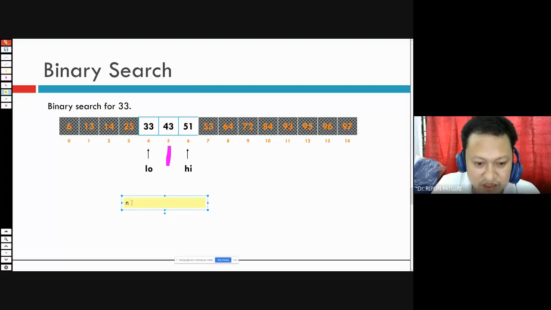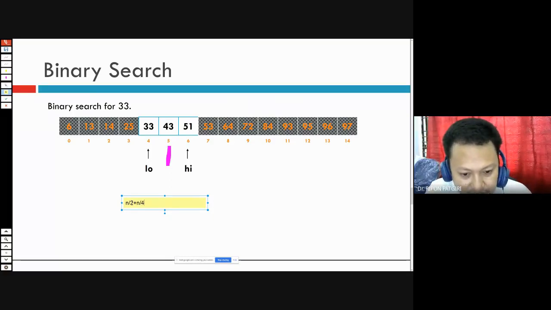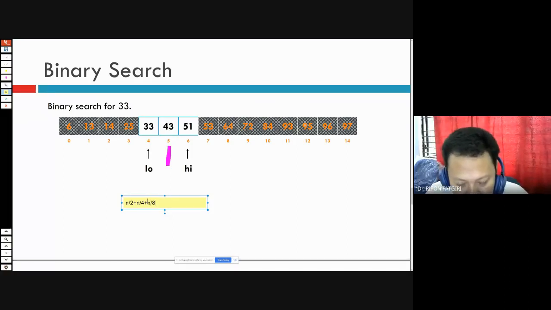First the problem is divided into half. Then the next problem is divided into n by 4. Again half, so this n by 4 is divided into half, that means n by 4 divided by 2 is n by 8.